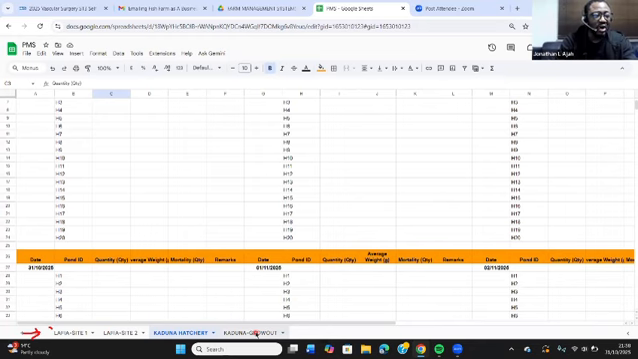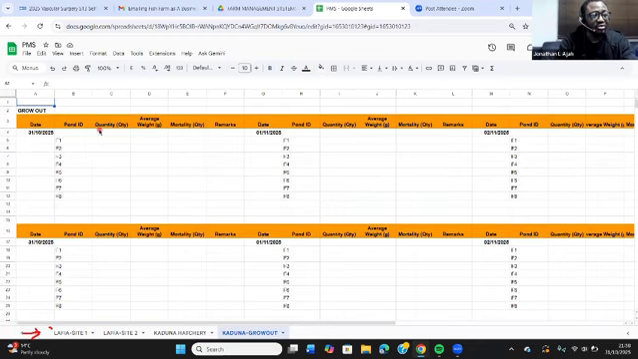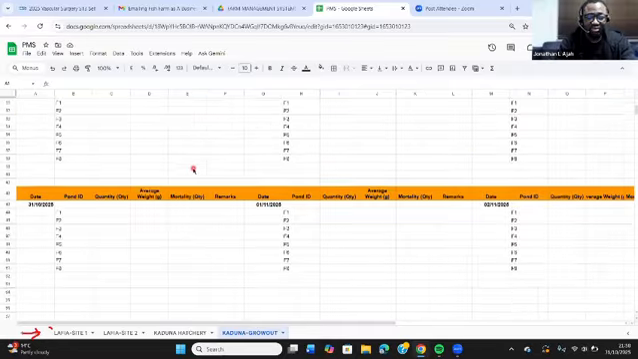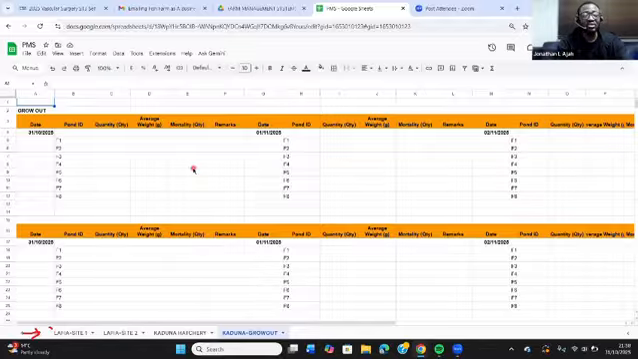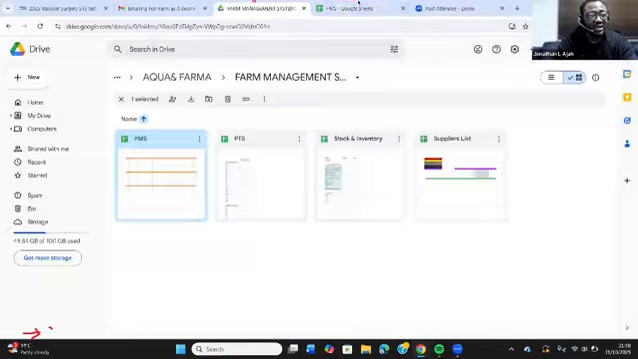Then you have the Kaduna grow out, which is similar to the ones I've demonstrated, and this is the information you collect: the quantity weekly, the average weight weekly, the mortality daily. This is how you input it. When you input it this way, we are able to know the update of the situation. So if we go back,